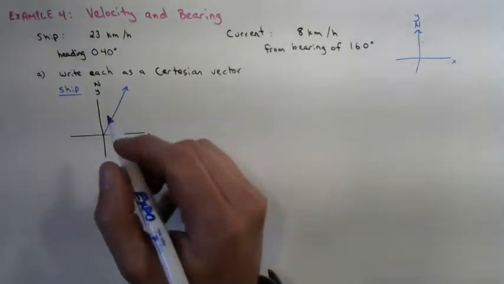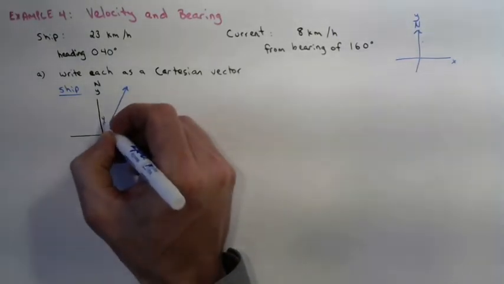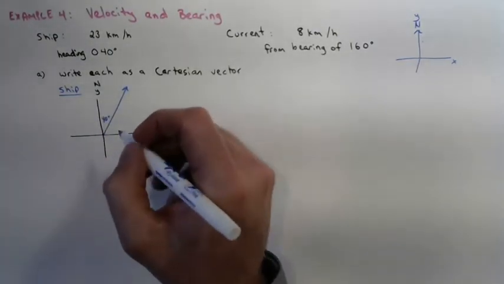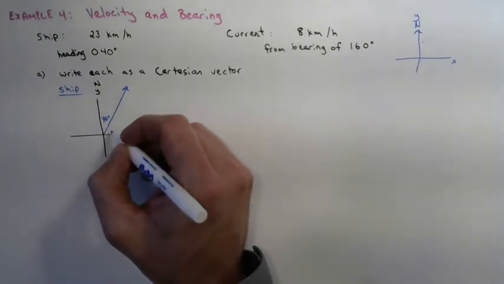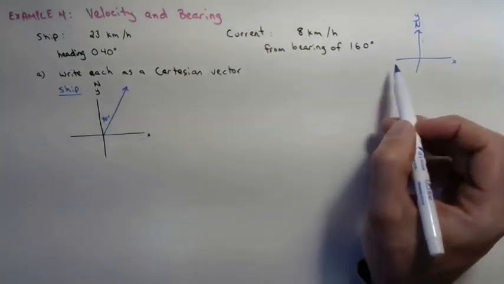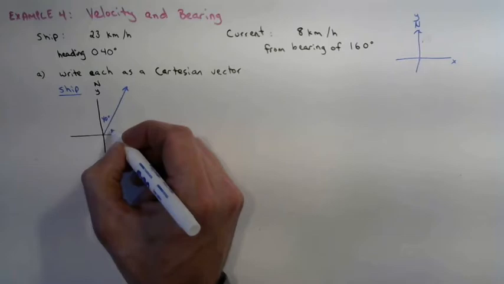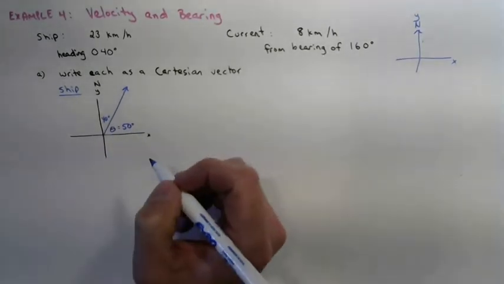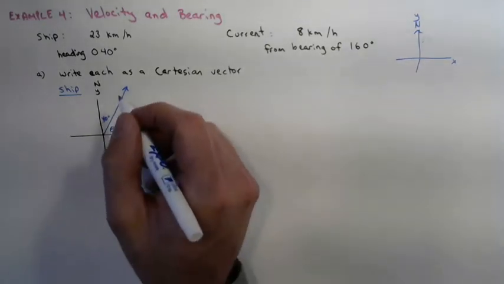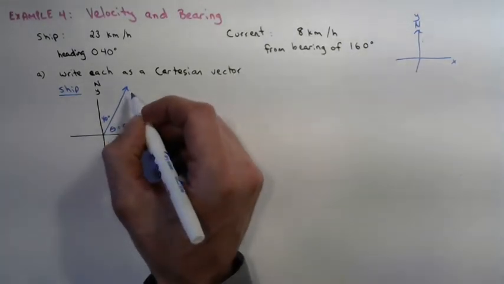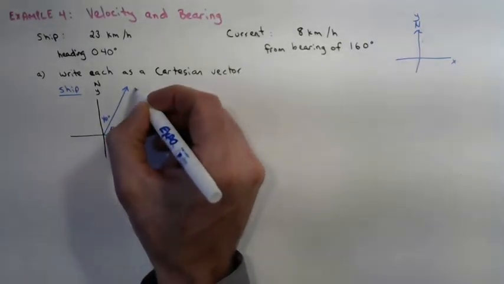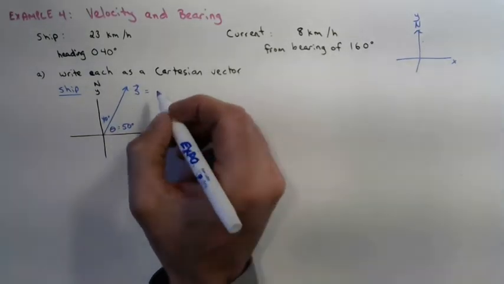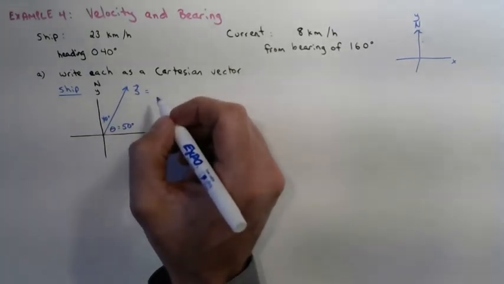So this angle right here is 40 degrees. That tells us that angle theta with respect to the positive x-axis is 50 degrees. Now, using what we know, that means that the ship vector is going to be equal to